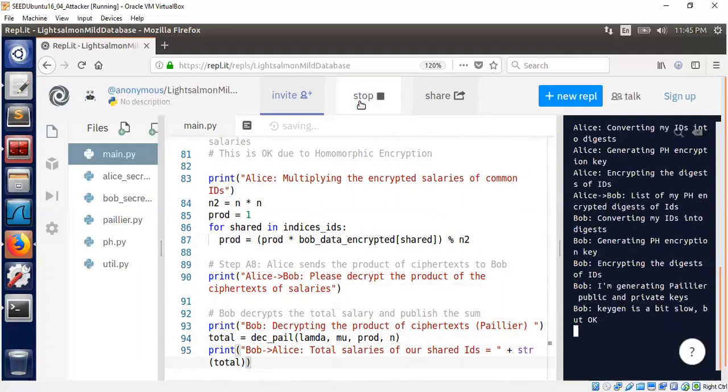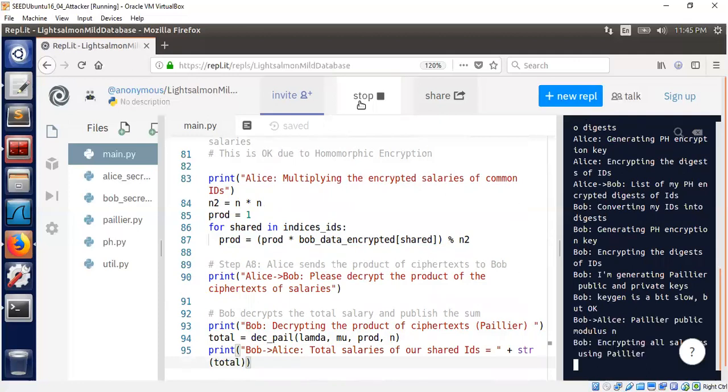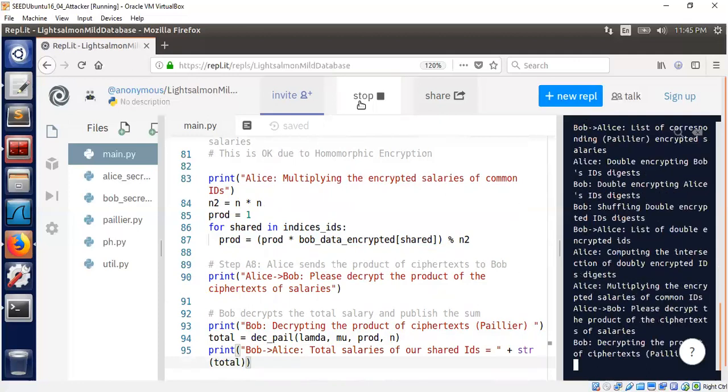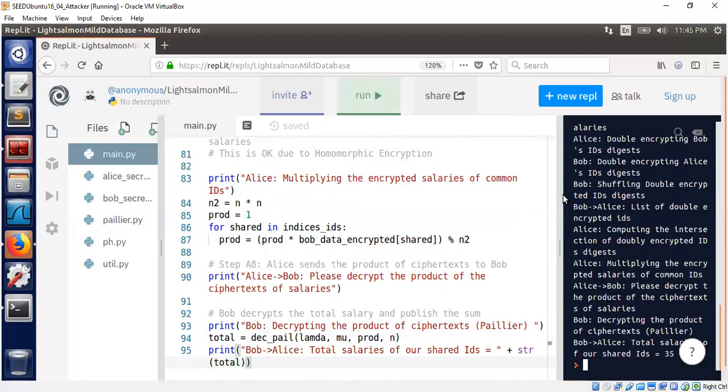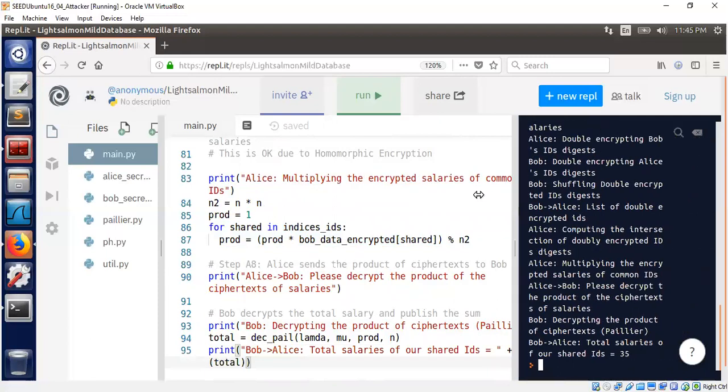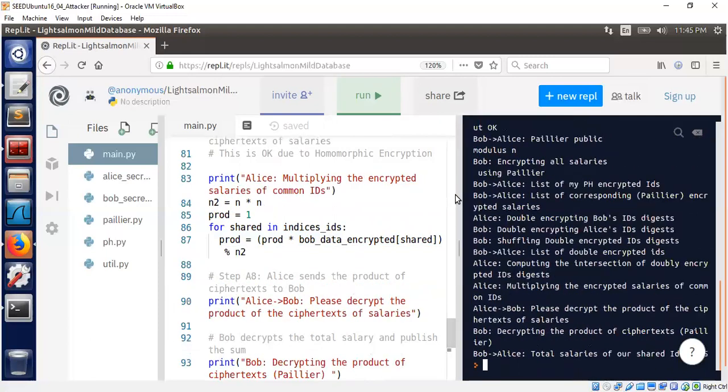So there's a lot of key exchange. Well, not exactly key exchange. A lot of encryption and decryption. But the beauty is that there's no key exchange. You're basically only exchanging ciphertexts, and you're doing computing on the ciphertext. And at a high level, you're basically preserving privacy, because you're not sharing the knowledge about the salary or the